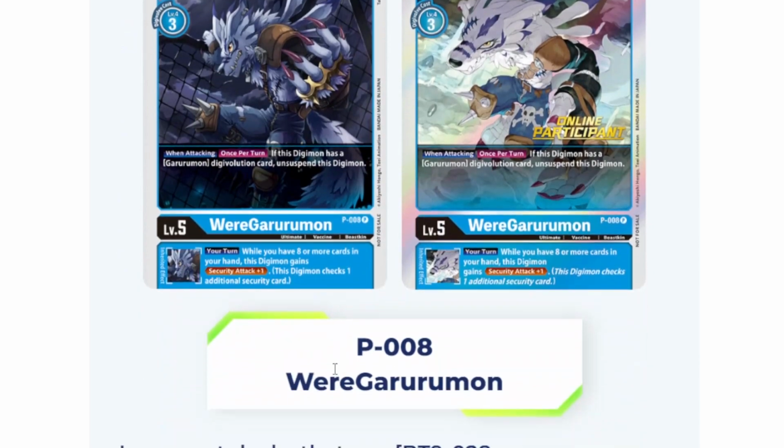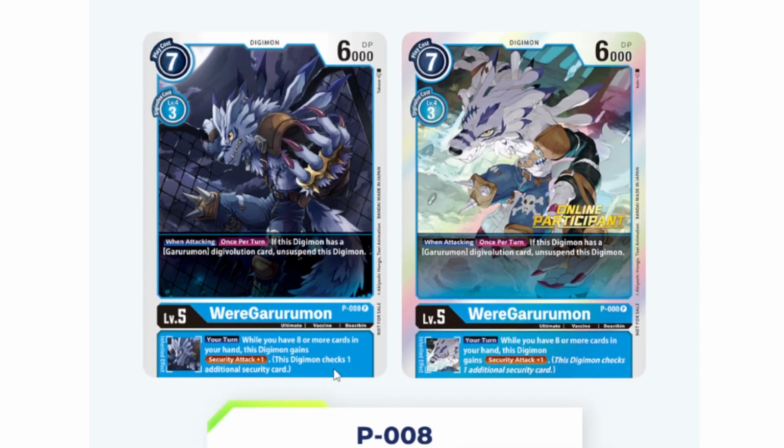Next up is Rare Garurumon. This is Rare Garurumon from the promotional set. When attacking, once per turn, if the Digimon digivolved has a Garurumon digivolution card, you may unsuspend the card. For its inheritable, your turn, when you have 8 or more cards in your hand, this Digimon gains security attack +1. Now, I really don't know the real explanation for why this Garurumon is being hit,